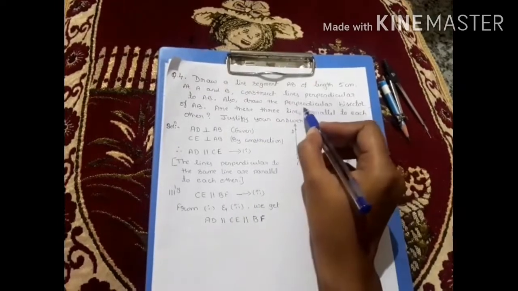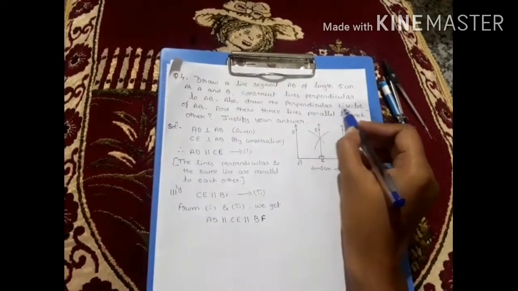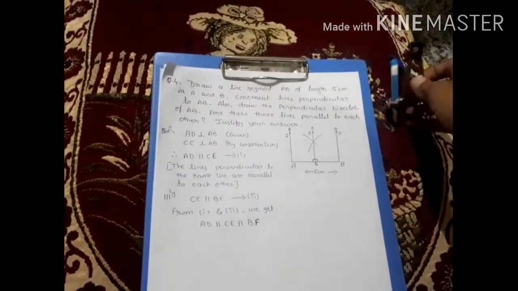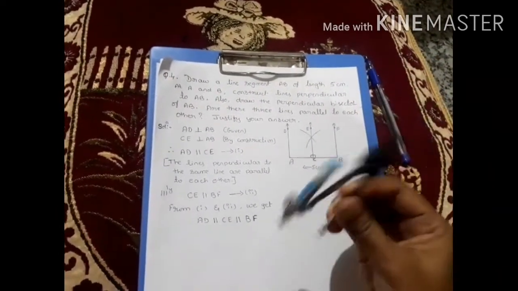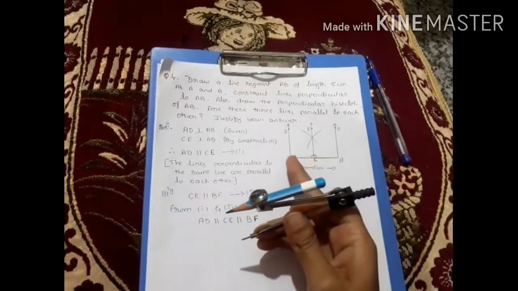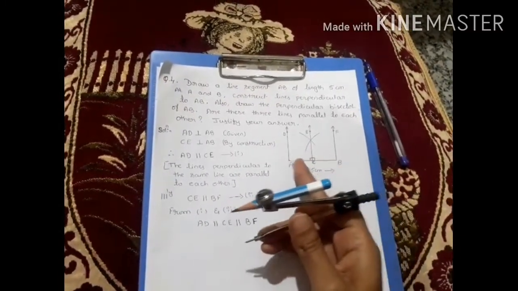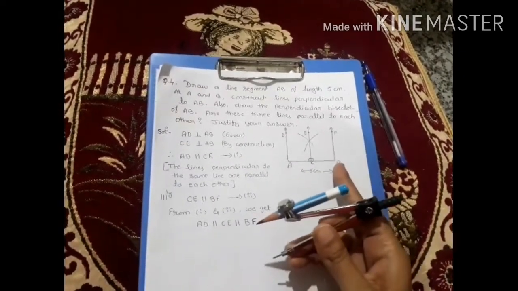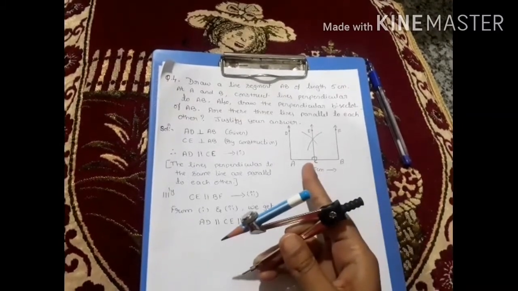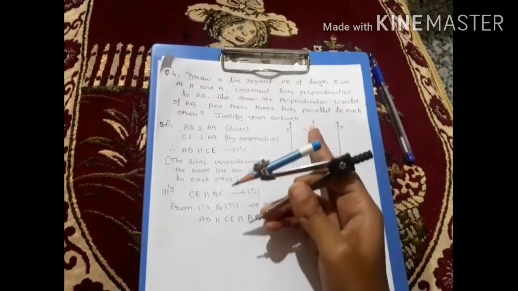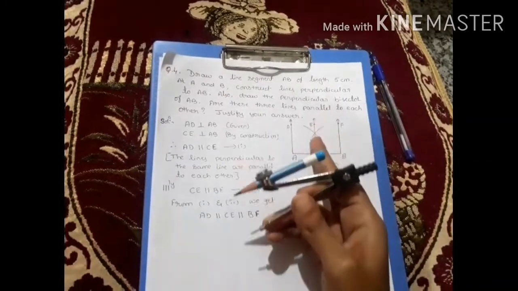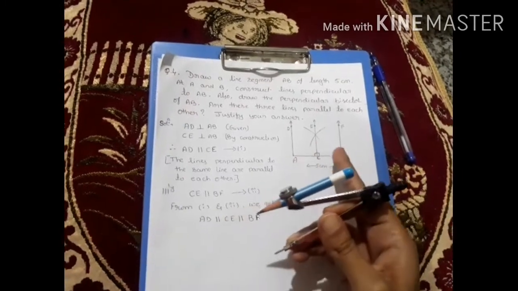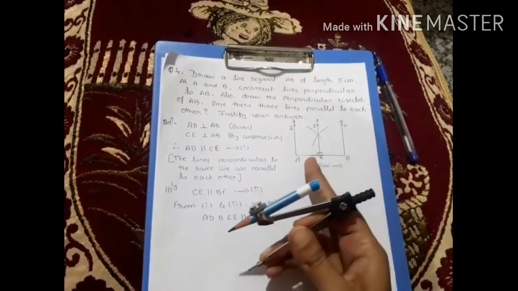Perpendicular bisector. Now let us know what the meaning of perpendicular bisector is. A perpendicular bisector is a line which forms 90 degrees and makes two equal parts of the given line segment. So AB is the line segment. For the AB line segment, you have to draw a perpendicular bisector. Perpendicular is nothing but forming 90 degrees. Bisector is nothing but that which cuts a given line into two equal parts.